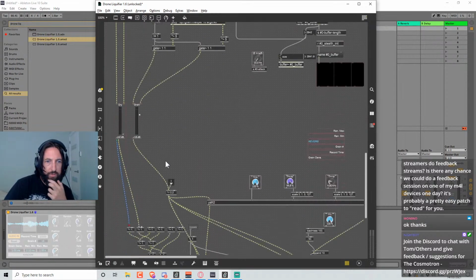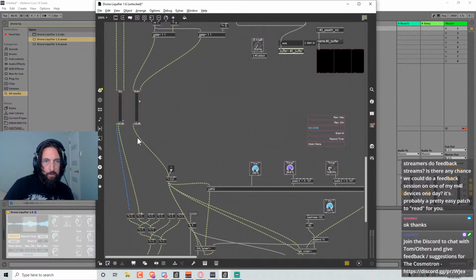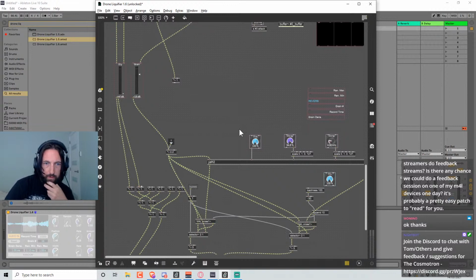So that's a dry signal. So I just noticed, maybe this was unfinished, that the reverb that I'm using only has one input.